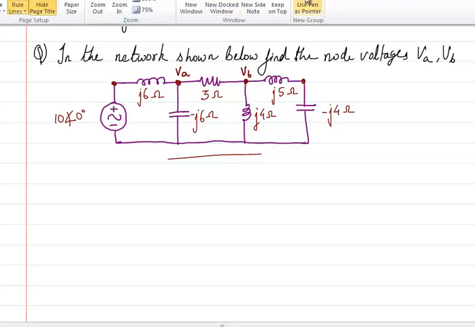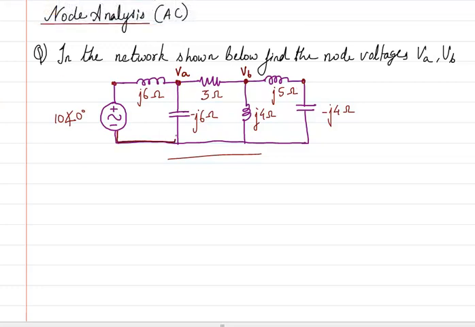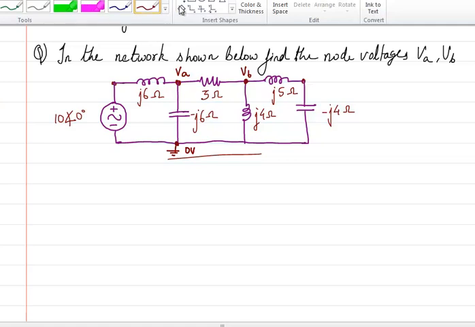But when you come to the bottom part, all of this is together. There is no element in this much area. Because of which we can say that this completely is a single node, since there is no element in between. This much can be totally called a node, but for marking that we will use a single point. Here we have that single point, so it is grounded. So here the reference voltage is 0 volt.